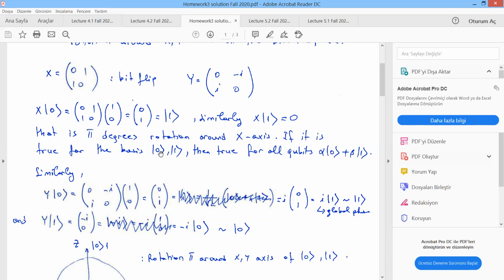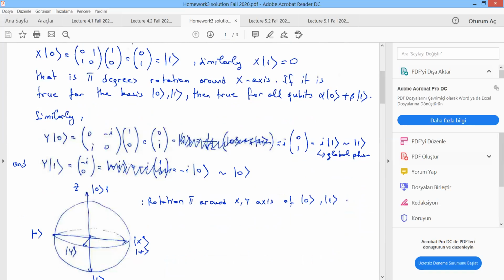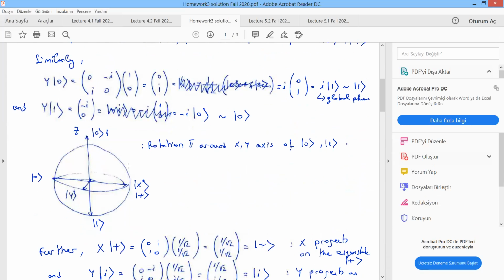So what X does on a qubit is to rotate it by pi radians around the x-axis. I have also drawn this over here. If you start with ket 0, it is rotated to ket 1. So this is your x-axis, and this is the same as rotating by pi degrees around this x-axis. So similarly, if you operate